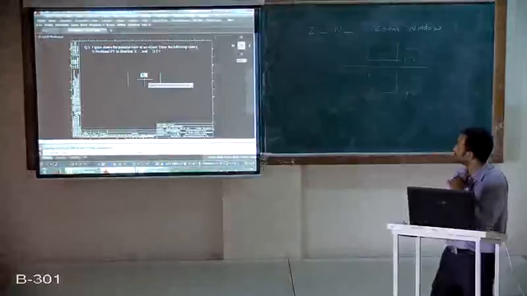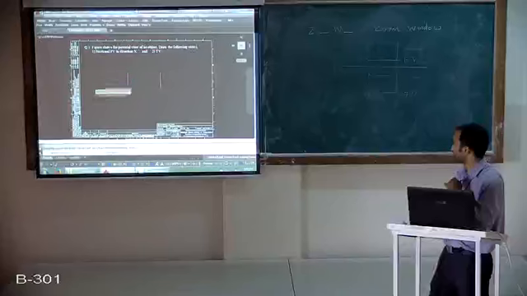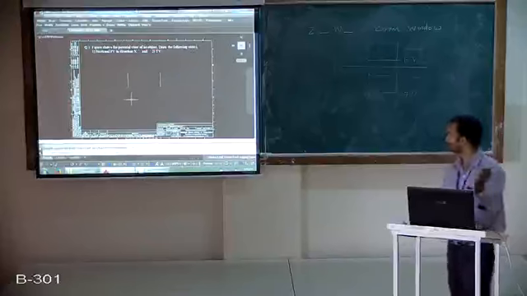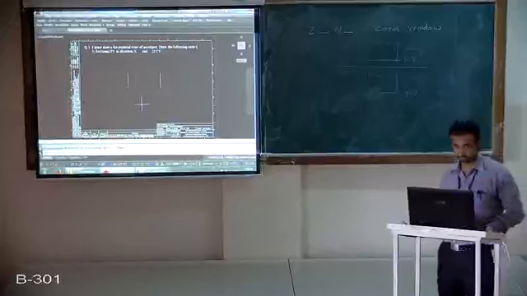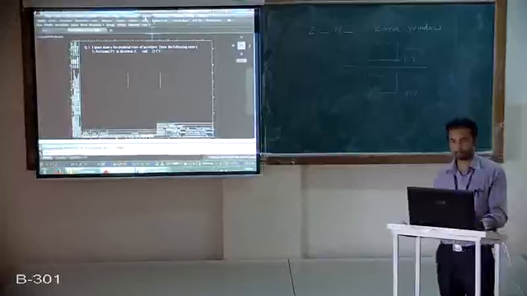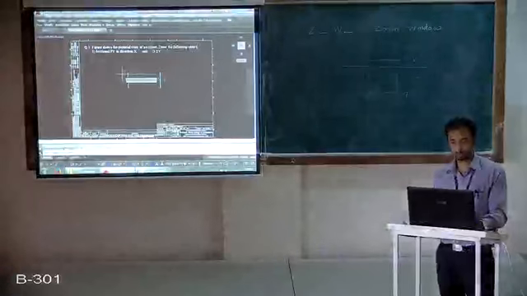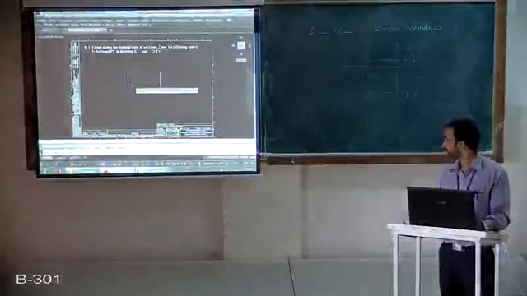How? Go to the modify toolbar, use the trim command. Then first of all select the two boundaries, press space to finalize that boundary. Then select the portions of the line to be deleted, like this. Okay. Escape. Now we have the two boundaries with us. Now I will zoom out only that part.